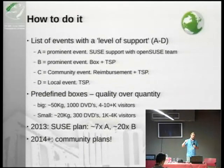I went over it. And I looked at how many people came, how big the event is, what the audience is, and all these things. Again, I asked a lot of people, can you tell me how many people come here? How important is this? What kind of people are there? Students, businessmen, etc. Based on all that information, I said, okay, these events we really need to go to with a couple of people from SUSE, right? Big events like FOSDEM, for example. Then we looked at other events and said, okay, this is the kind of event that needs to have a good openSUSE presence. So we need to send a big box there with materials. And other events, we send a smaller box, or we have to support it in other ways, like, for example, with money, and the smaller events especially. So after that list, I started to